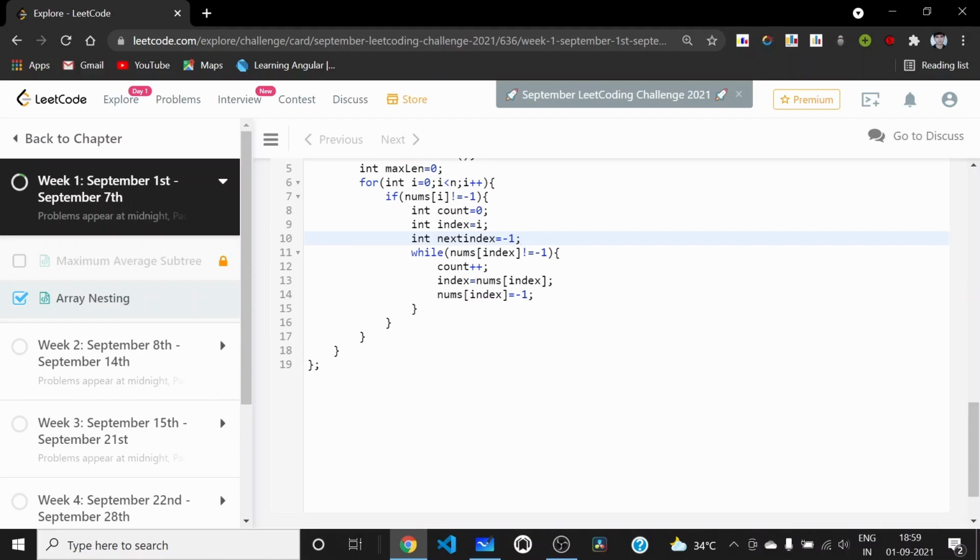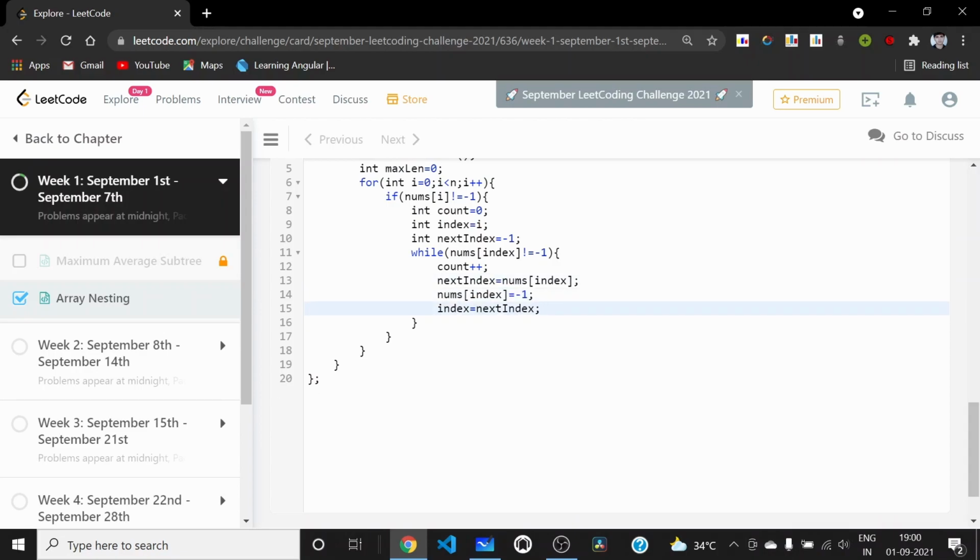So I can first do this, then I can do this, and before this I can do this.